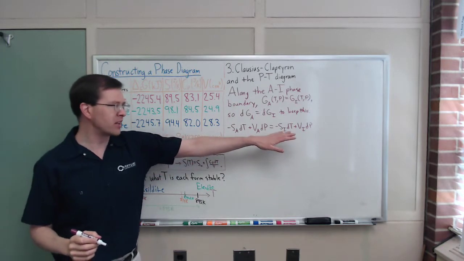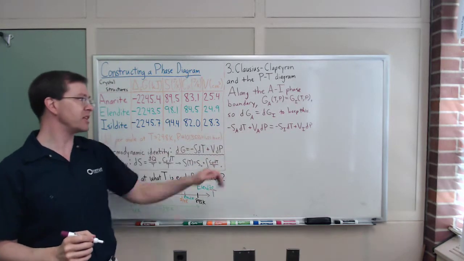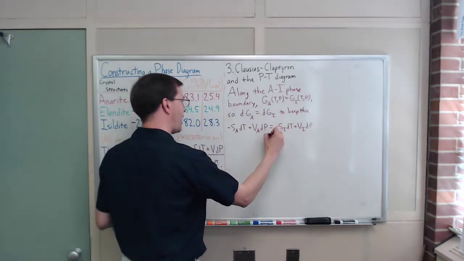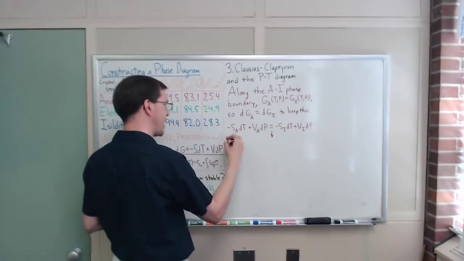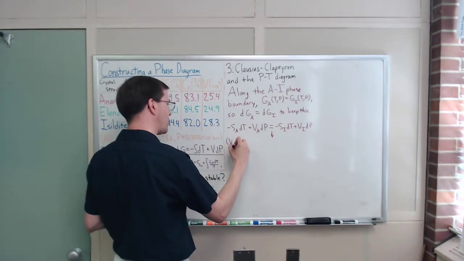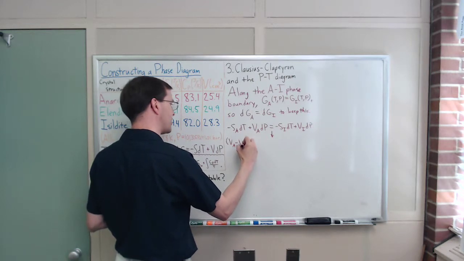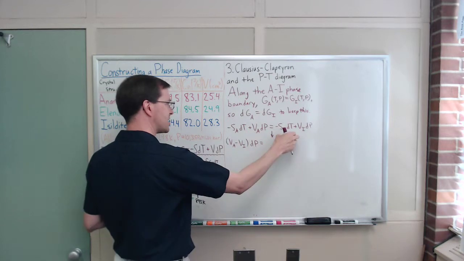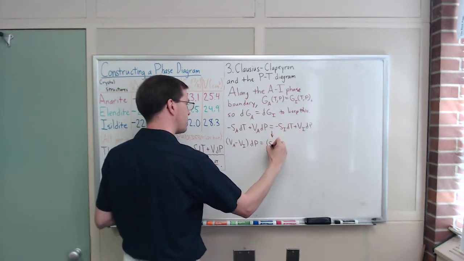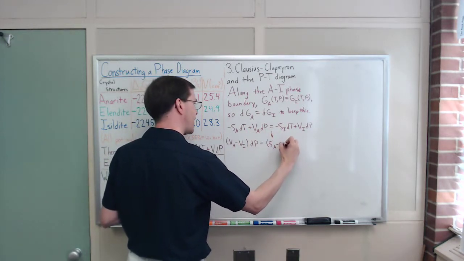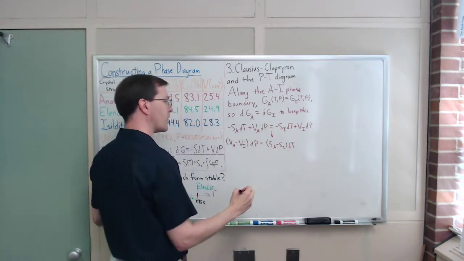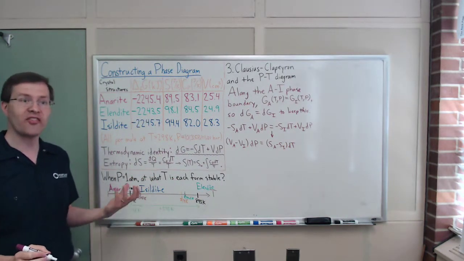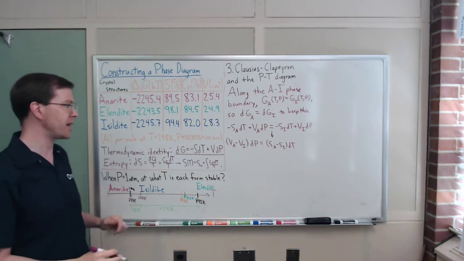I can group together the dP terms, group together the dt terms. Subtracting this from both sides, I'll find that the volume of anarite minus the volume of isildite times dP equals, adding this to both sides, the entropy of anarite minus the entropy of isildite times dT. Or in other words, if I want to know the slope of a phase boundary in pressure versus temperature space,